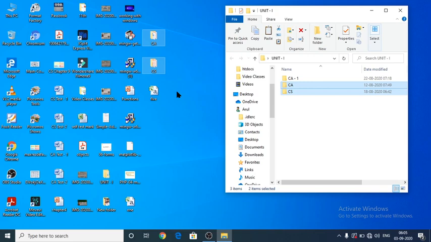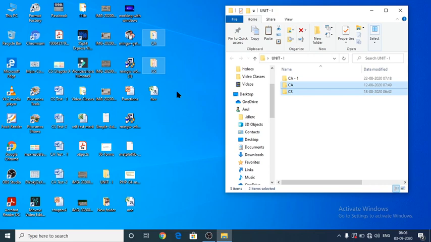Here you have to know the difference between moving the file and copying the file. While copying a file from one place to another place, it will be available in both places: the place from which you selected the files or folders, and the place where you made a copy of it.